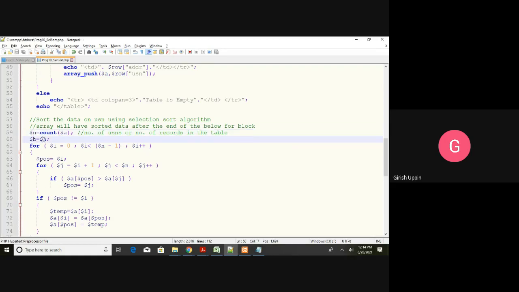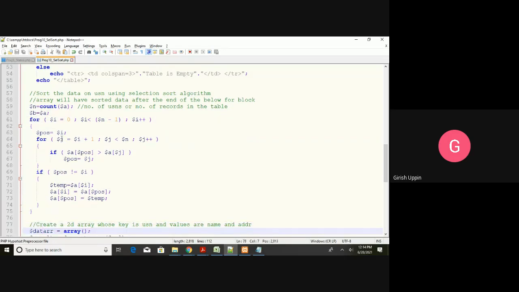$b is equal to $a. I'm making a copy of the array, so $b will be an exact copy of $a. Then I'm iterating through all the elements, and in this logic, if you remember, what we do is we get the position of the maximum element. Suppose assume that the position that we have now is the maximum element. 0 position is equal to 0.